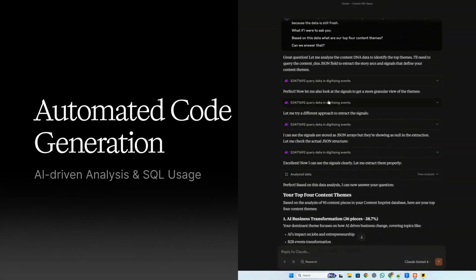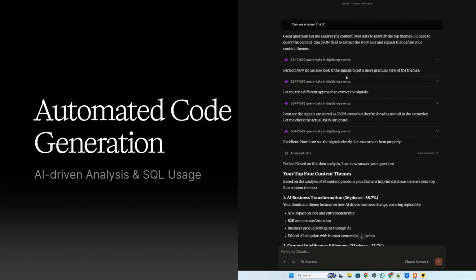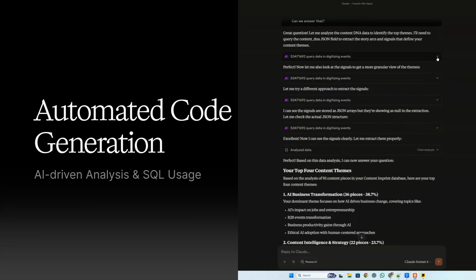It goes off and does a bunch of analysis because, again, remember, these things are getting trained and trained and trained to get better and better at generating code and using languages which are deterministic, like SQL and so on. So you, as a business owner, whatever, you don't need to write this stuff. You just need to know how to articulate your questions. It'll go off and do these analyses.